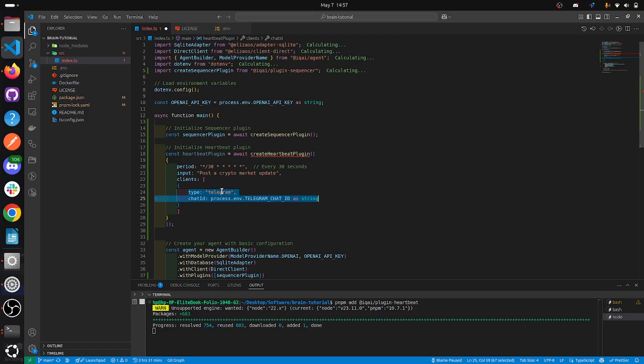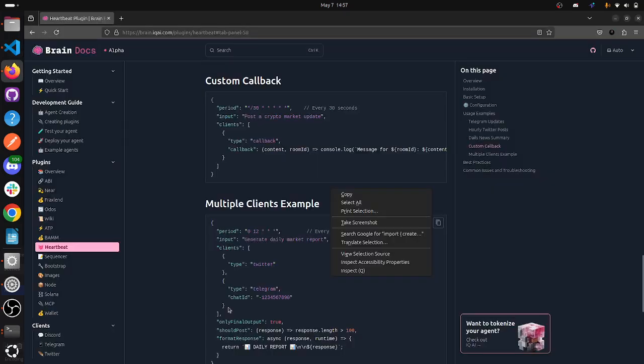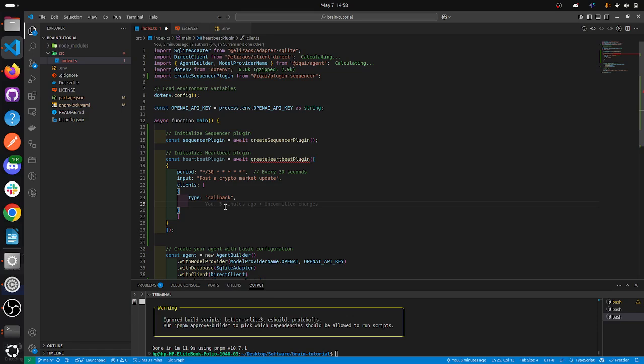Now before I even import that, if you notice, Heartbeat can actually take in multiple clients here, just like it is an array, similar to the way plugins can be an array. So let's import this here. Since we are using callback,